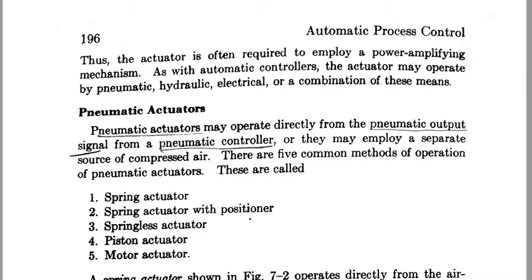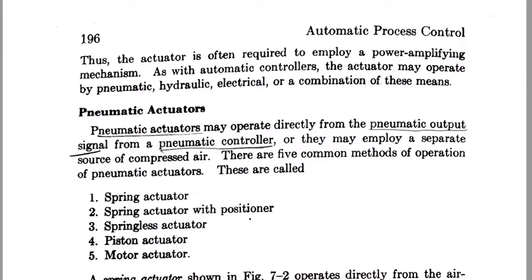So what is meant by actuator actually? Whatever is the requirement of the final control element will be given by the actuator from the controller. The actuator takes the input from the controller, and that input is converted into whatever the final control element requires. A basic simple definition: an actuator is a mediator between the controller and the final control element. So first we'll discuss the pneumatic actuators.